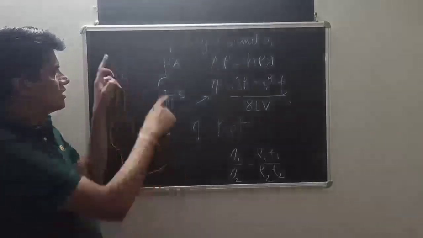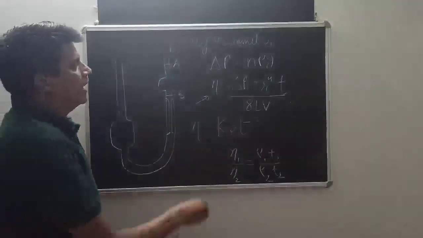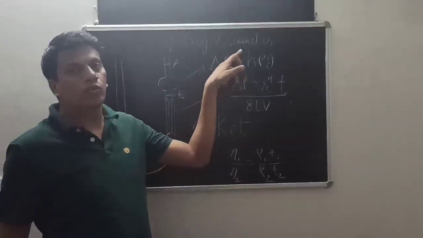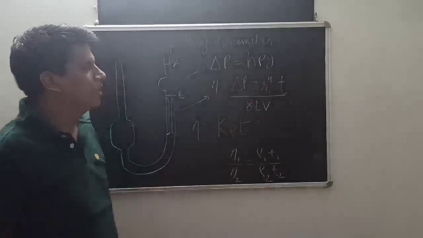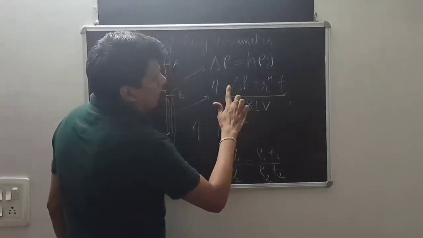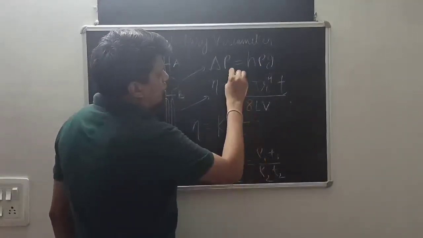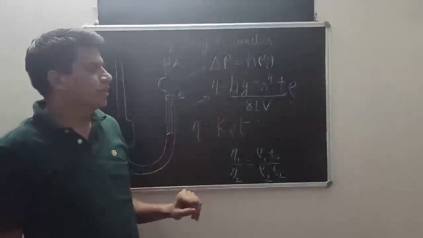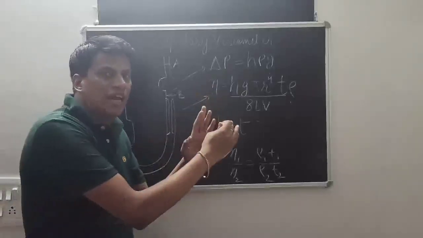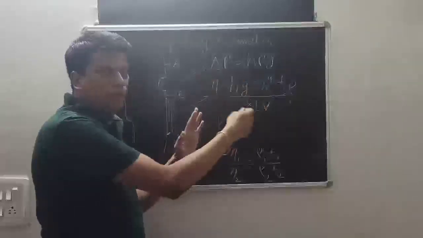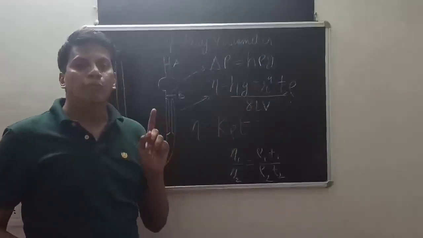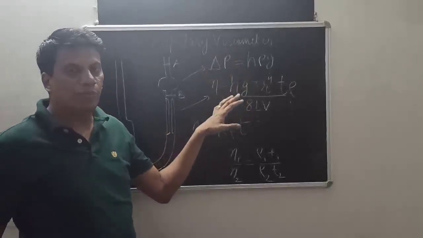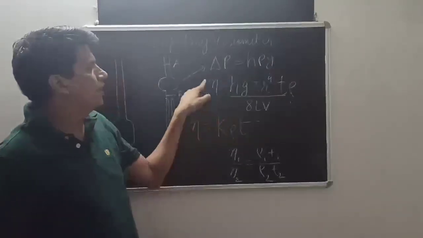The second thing is, since it is a U-tube, the manometer equation comes into play, and del P is equal to H rho G, which is the equation of the manometer. So here del P is replaced by H rho G to modify the equation. Now we will understand what is happening and the use of these equations. There are two equations, Poiseuille's equation and the manometer equation. The manometer equation is incorporated into Poiseuille's equation to form a modified equation.